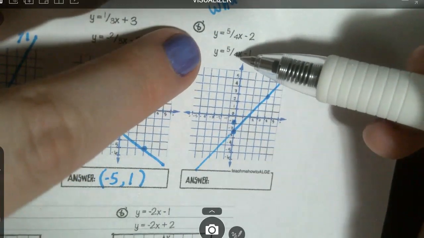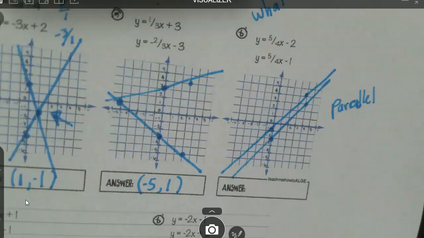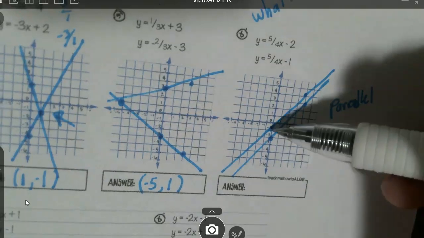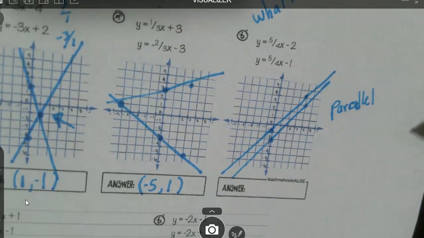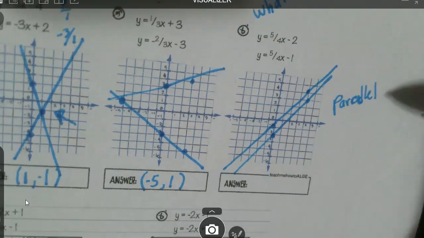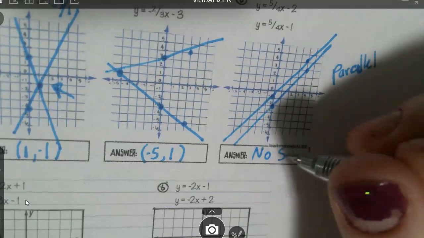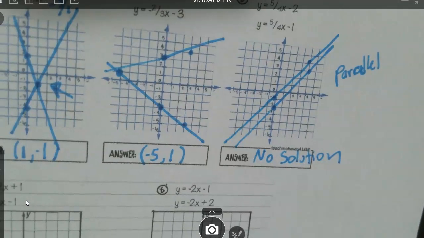So when we use our slope of rise 5 and run 4, let's try it. It happens that these two lines are parallel. They will never intersect. So the answer to this one is no solution, because they don't ever cross. All right, you go ahead and finish the rest of the problems on this paper,